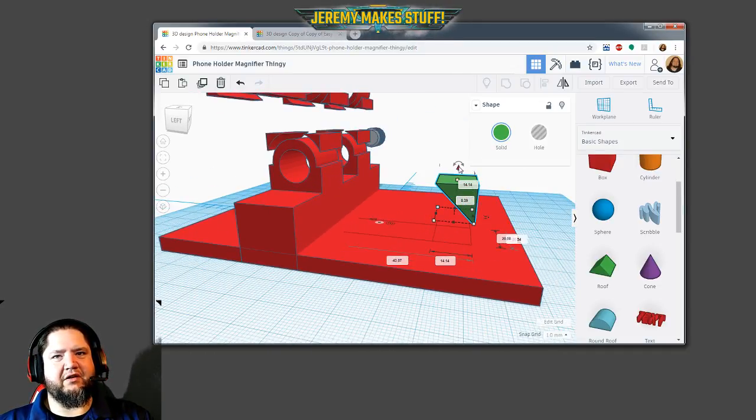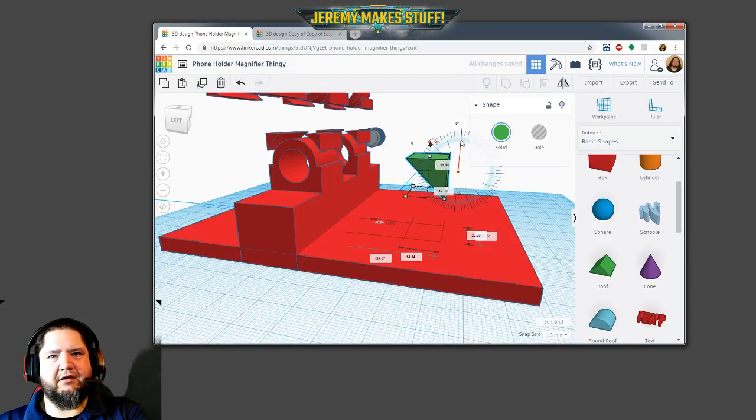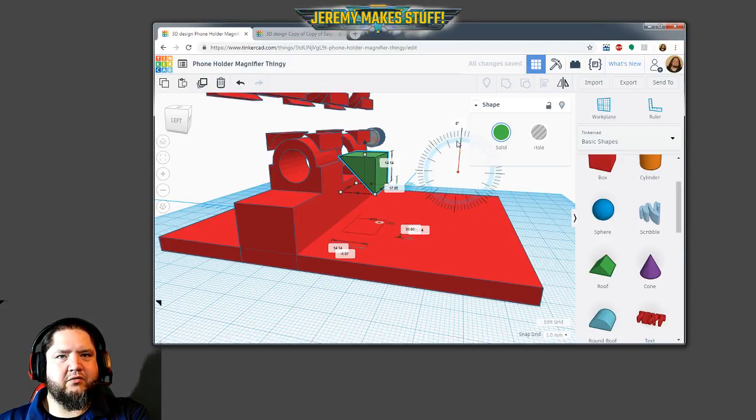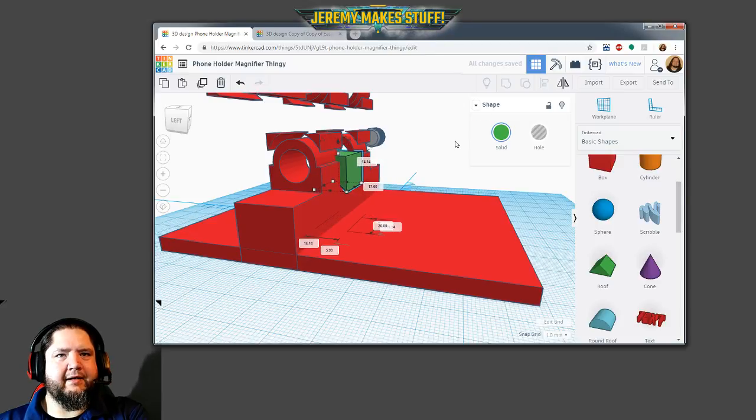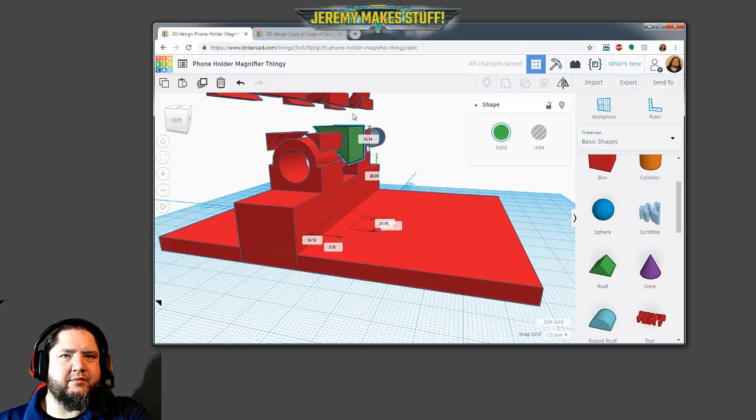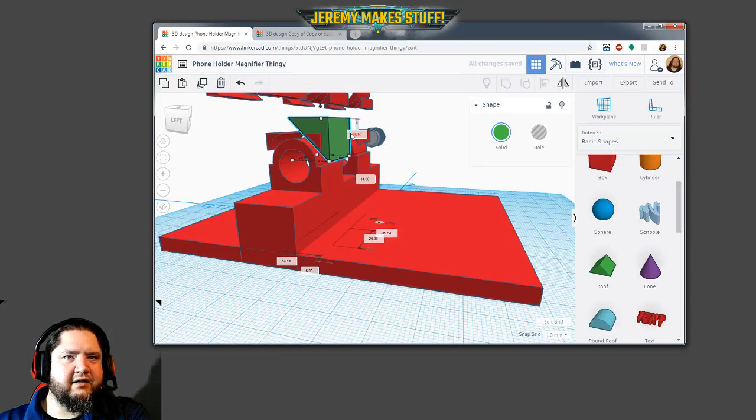Let's go over here, move you up. This way. Some more. I'm just using the arrow keys to move it around here. See if I can get that little piece covered